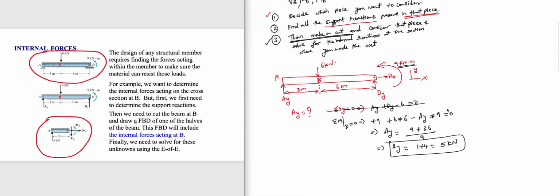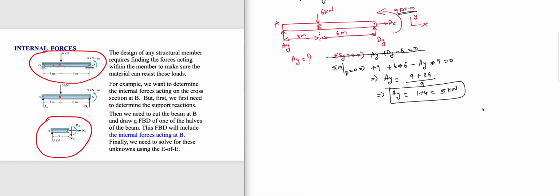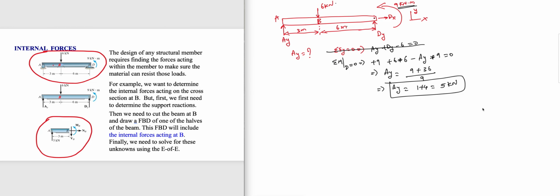So now you make a cut and consider that piece. And which piece did we decide when we started the problem? We wanted this. We wanted to take A, B, right? So now let's make a cut just to the left of B. So for this part, what I'll do is I'll make a cut just to the left of B,